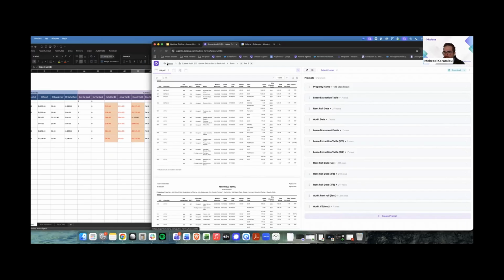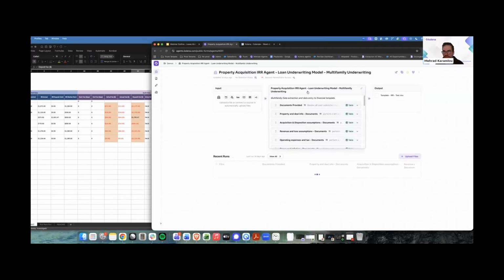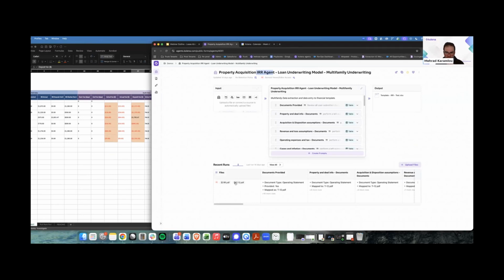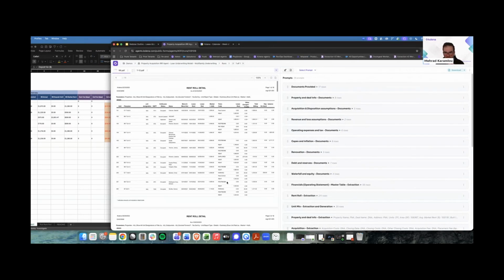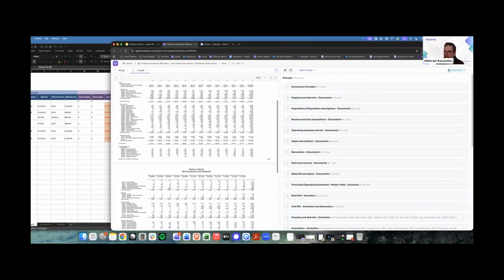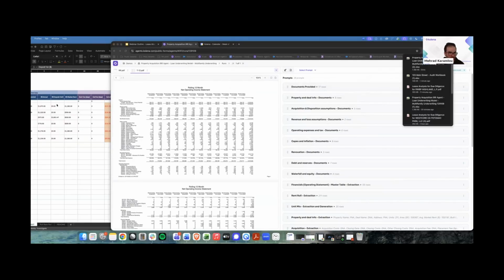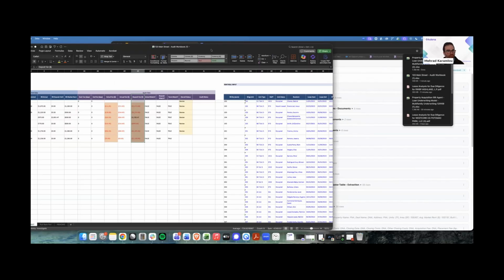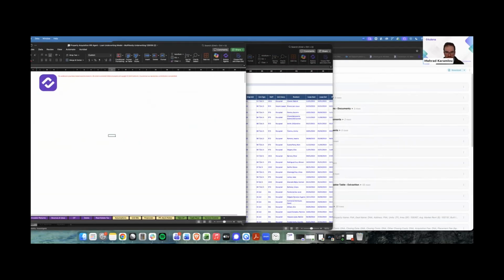And then one last thing is the due diligence aspect. So the property acquisition internal rate of return analysis. This one is a simple one. It basically takes in the rental income and T12, which are the expenses of a property, and it fills out an IRR model. So if I pull this up,